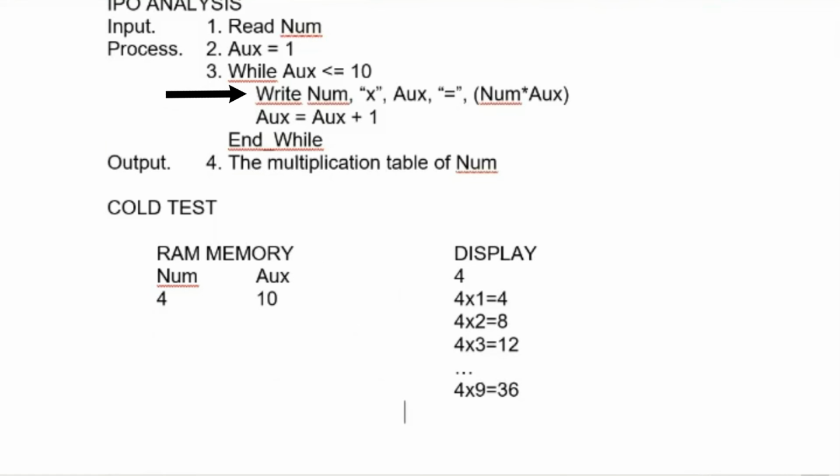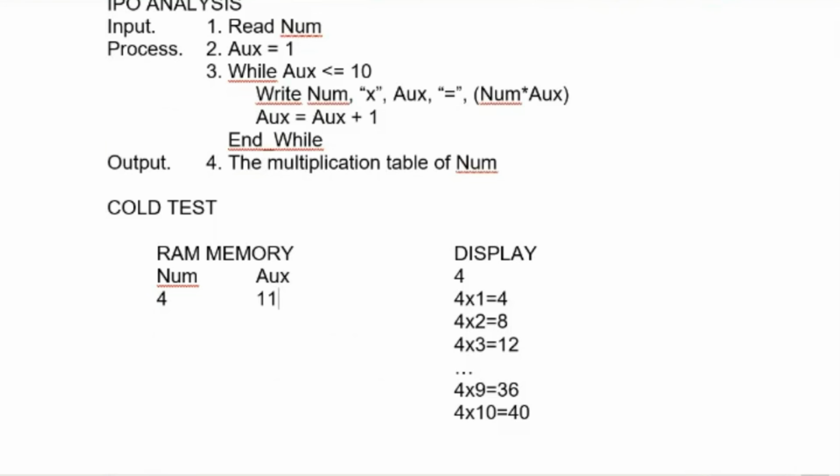Right? The content of num is 4. The x symbol, the content of aus, the equal symbol, and the result to multiply num by aus. That means 40. Then aus is equal to aus plus 1. That means 11. And while, you go to while instruction, while aus is less or equal to 10, is 11 less or equal to 10? That is false. So the program